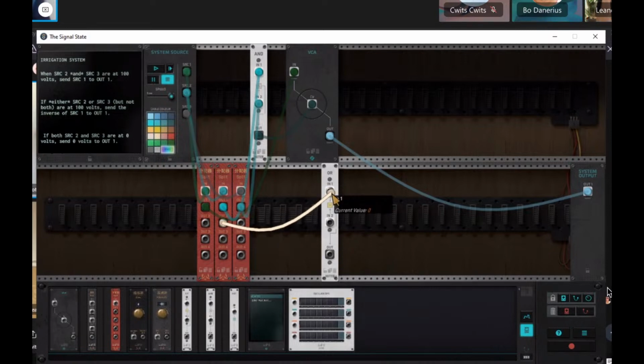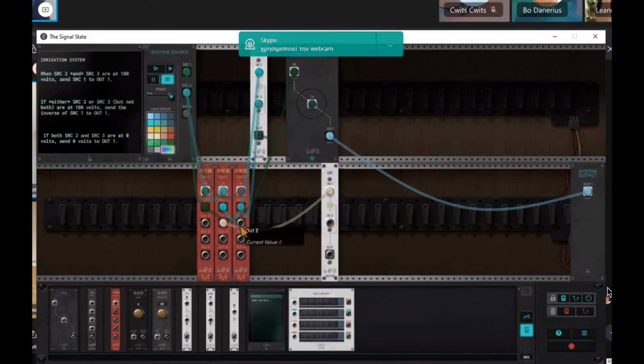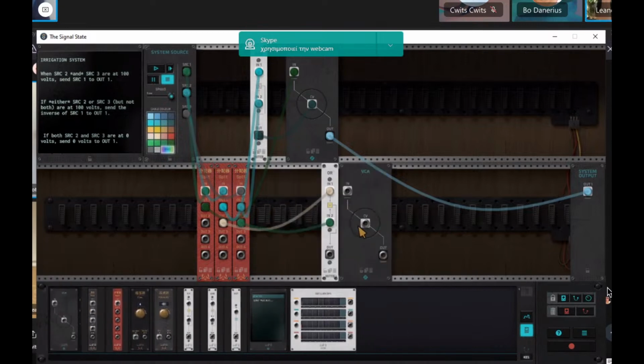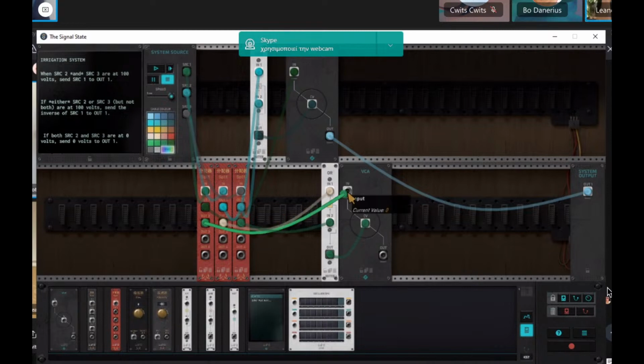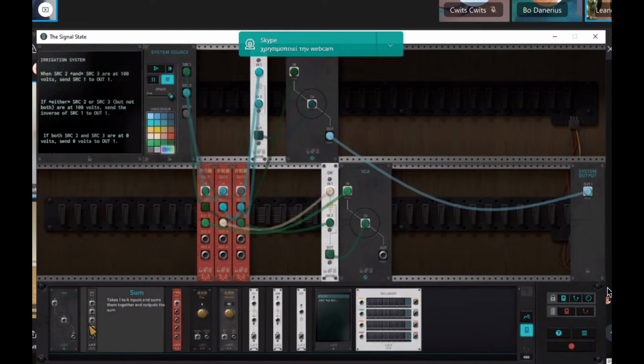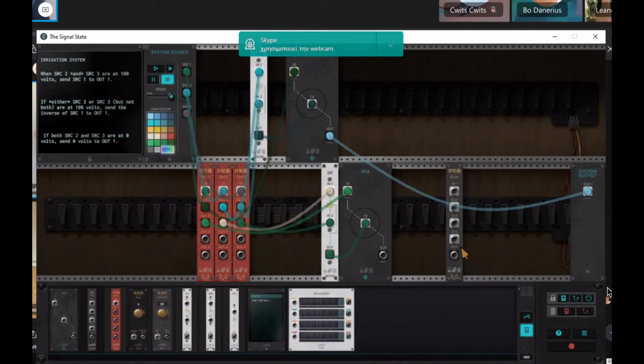We're gonna put those in here and then use VCA. Could I use a sum to sum the output of the VCAs? You can, but we are not done yet because, well, for one thing, we didn't implement